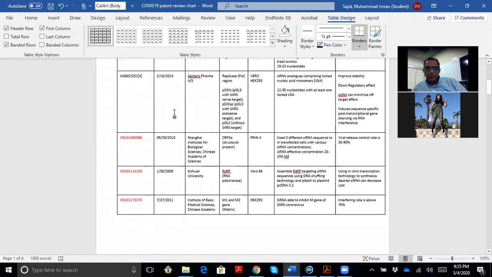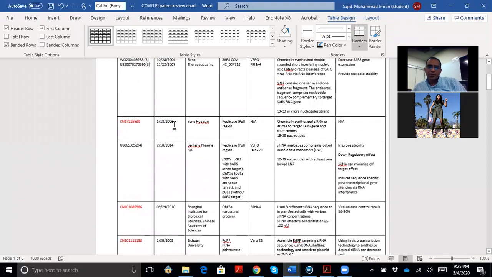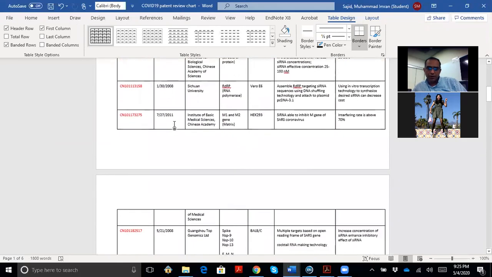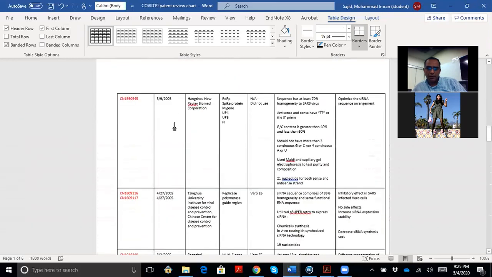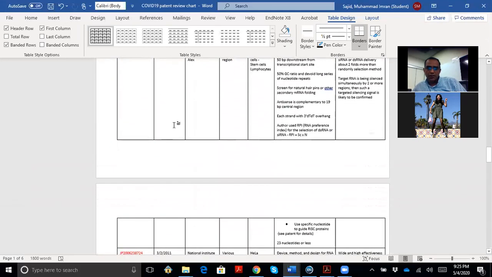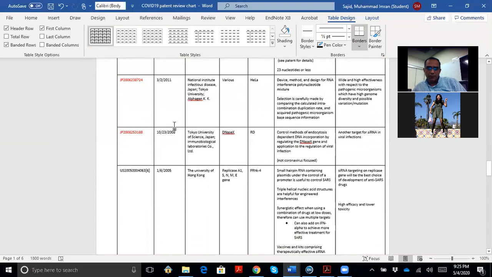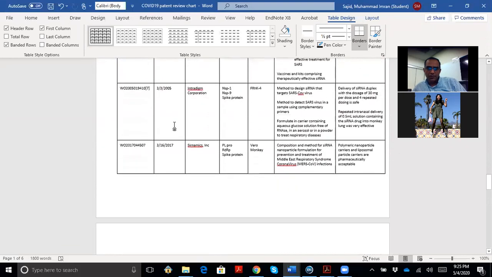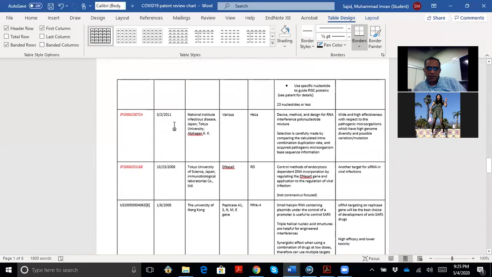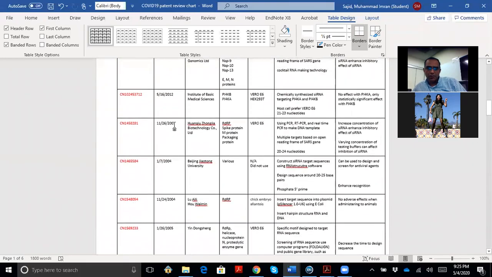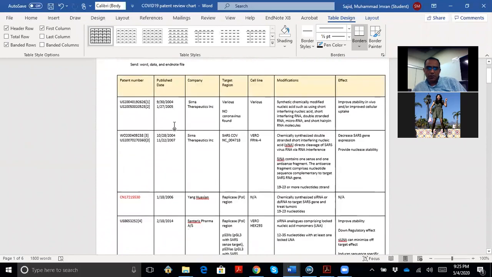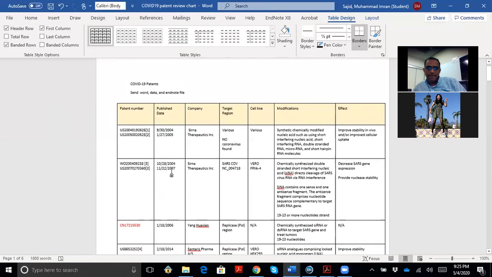It's not in order. So you can do it in one go, just put them in order, right? And then I see there are a lot of patents in 4 and 5, and then 8. So we need to see a trend in this. I will put it in order.